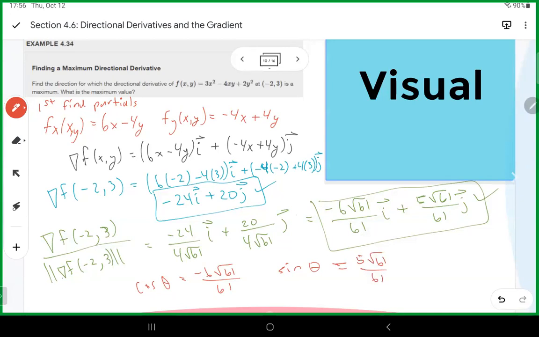For theta. So that will mean since the cosine is negative and the sine is positive, the angle has to be in quadrant 2. So then theta